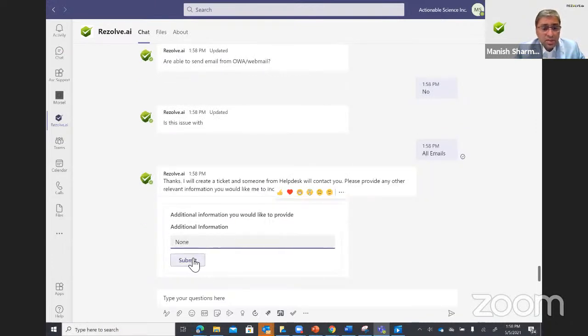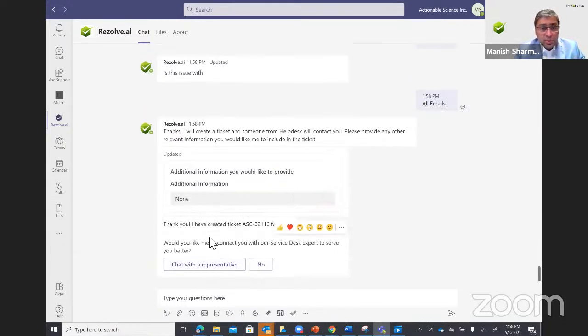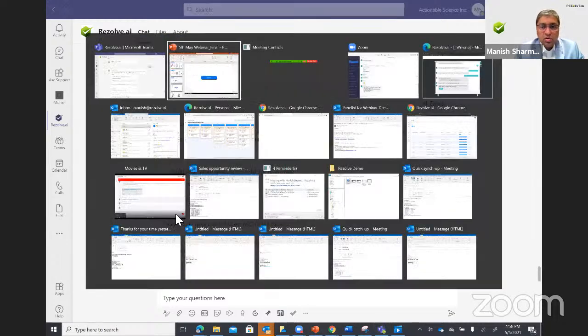And this is a big deal, because just imagine if you are the agent and you don't have to do back and forth with this person, because you have all the information that you need to solve the ticket. It created the ticket, and then it says, do you want to chat with the representative? Now this is where you go to the back end,